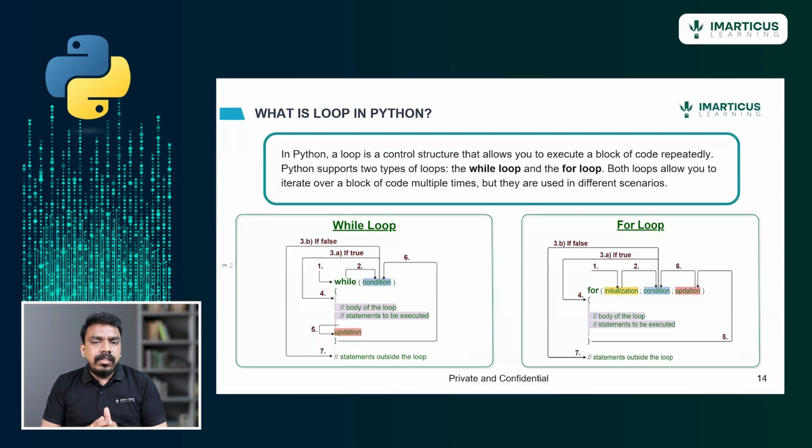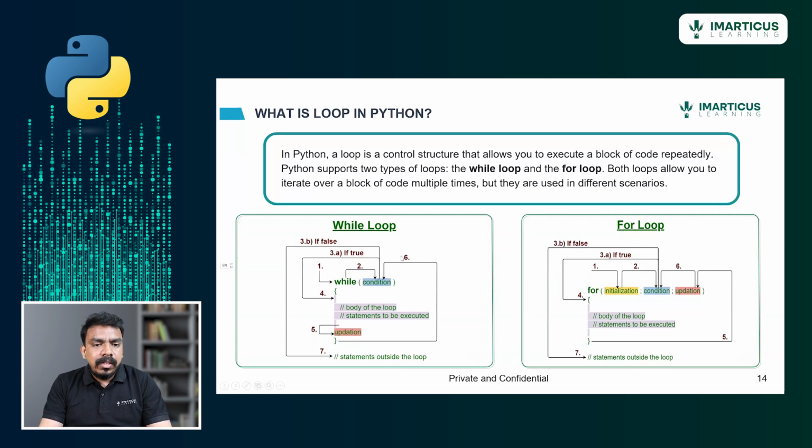A for loop is where you give an attempt a fixed number of times. For example, consider you give an attempt 3 times. You apply the first time and are rejected, you apply a second time and are rejected, and you apply a third time. That's it. When you are applying a number of times that you know, you go for a for loop. If you want to run the loop until you break it, you go for a while loop.